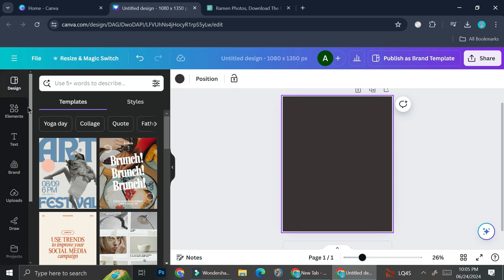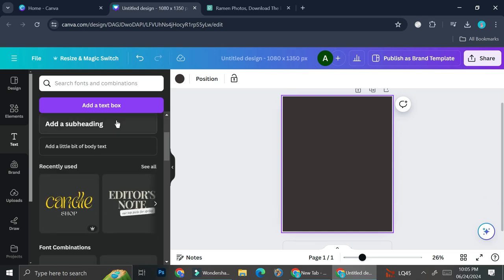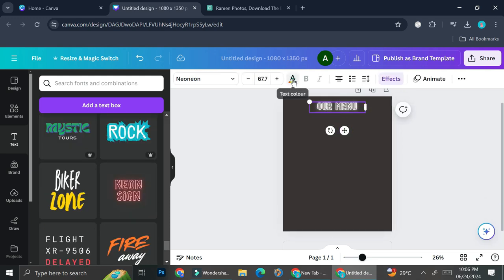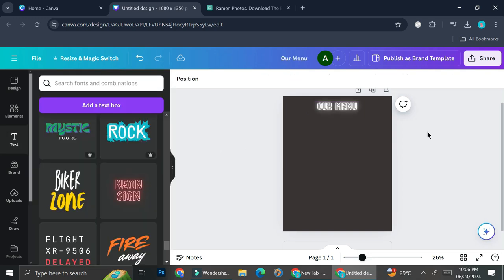And then I'm going to go ahead and add some text, and this text is going to say our menu. Alright, so I chose a font that looks like neon sign, and I'm going to change the color from white to yellowish. Maybe something like this. So I'm going to use that, and then I'm going to go ahead and start adding